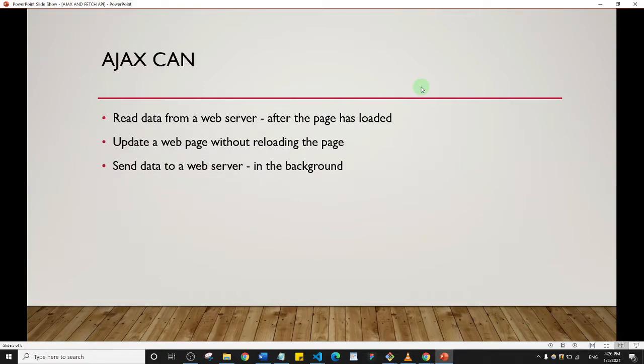Now, if I want to summarize AJAX, I would say that AJAX can update the content of your web page without having to reload the page. It can read data from a server. It can update a web page without reloading the page. It can send data to a web server in the background. So it's a very interesting